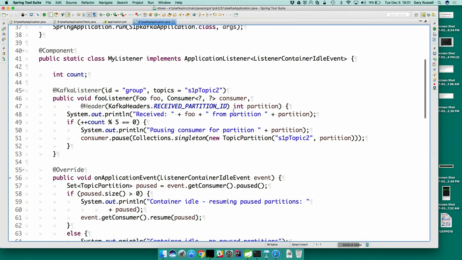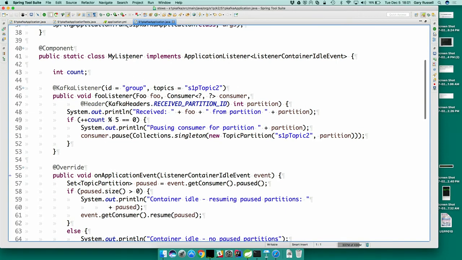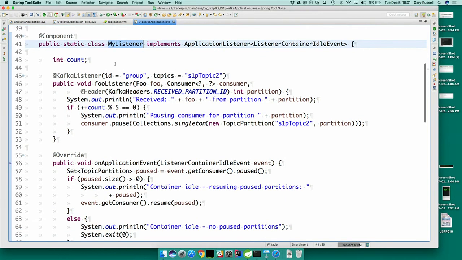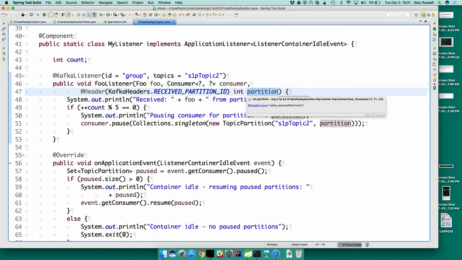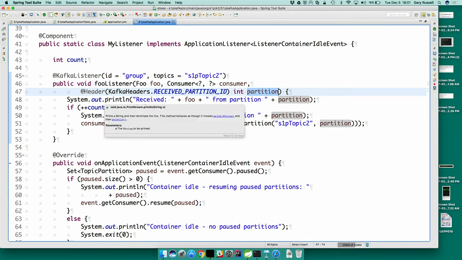So now we have this listener again, and instead of just taking the foo object, it has a consumer parameter, and I also pass in, just for yucks, which partition this message was received from. This is a method level Kafka listener now. What I'm doing is saying that every 5 messages,